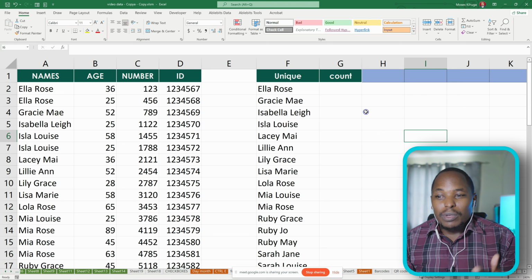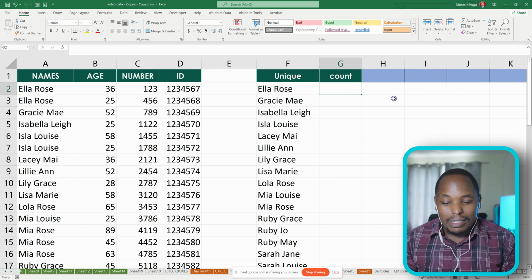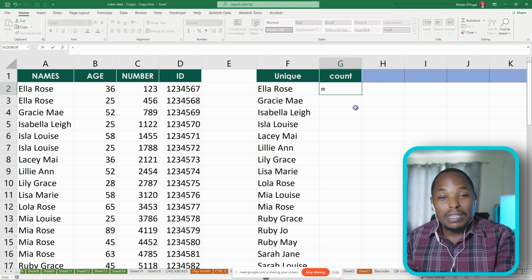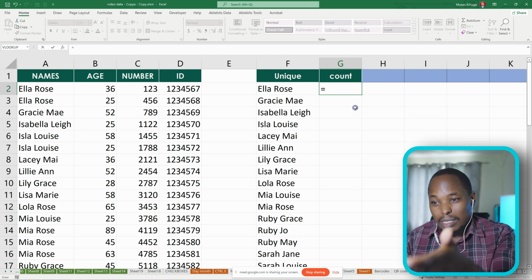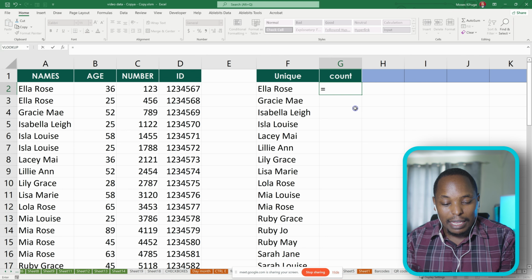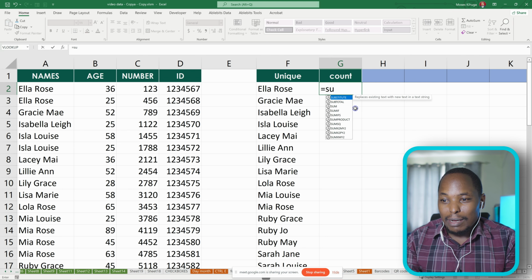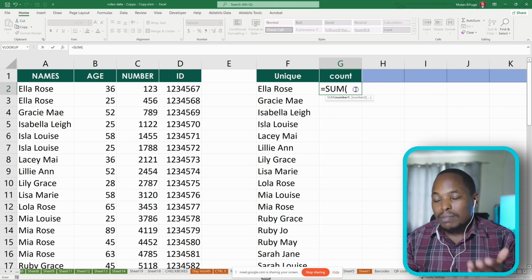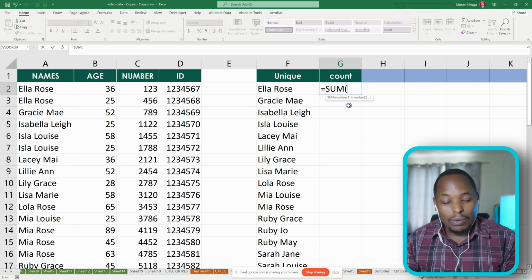In that category we have lookup formulas. There are so many ways you can enter a formula, and the easiest one is just going to the cell where you want to type that formula and typing equals. That translates to a formula. Now you can type anything, like I can type sum, and you can see we have sum here. So press Tab, then you start